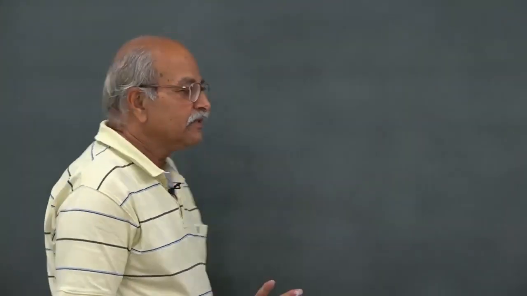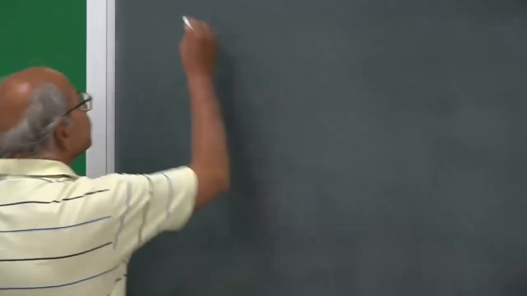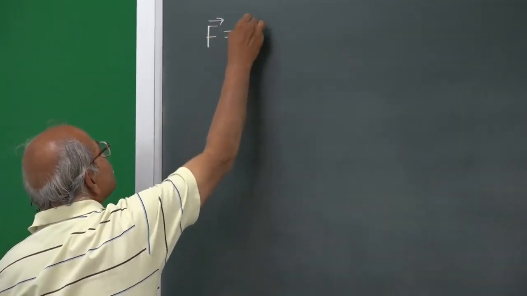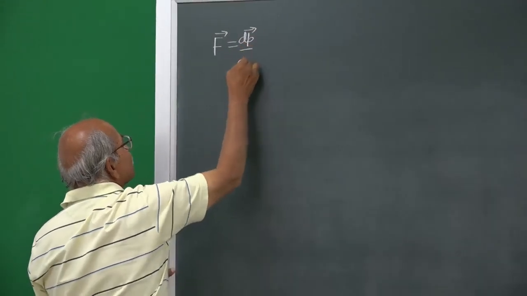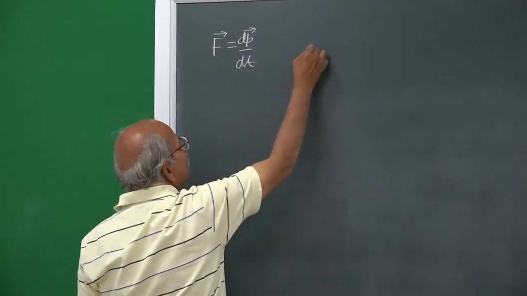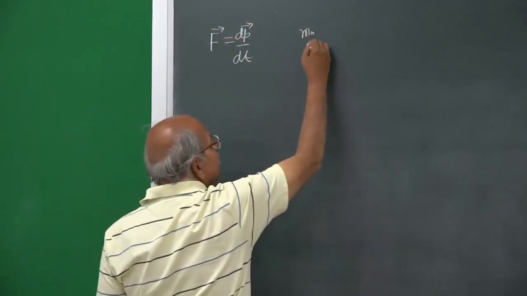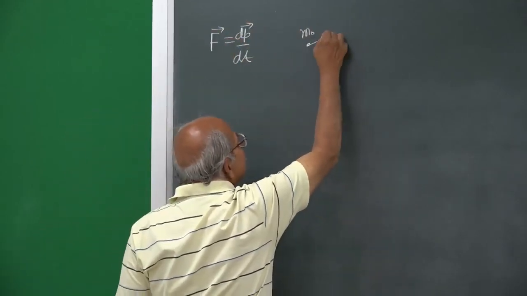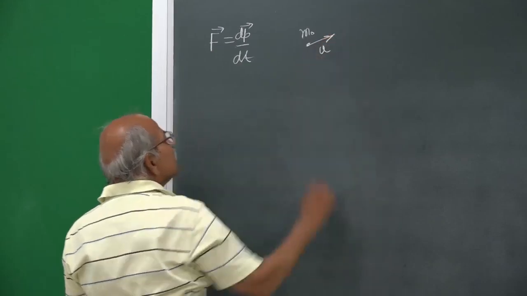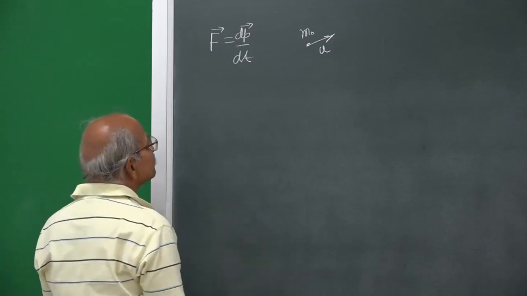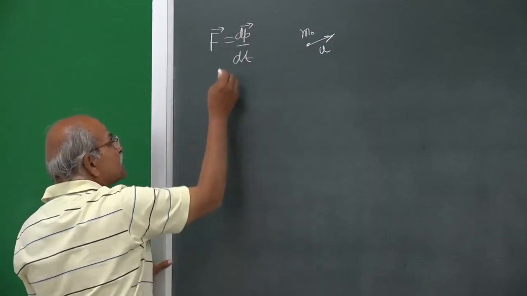So, I will again depend on F is equal to dP dt. I am still thinking of a particle, its rest mass will be some m naught, and at time t it will have some velocity, for which you can use the symbol u. Now, this dP